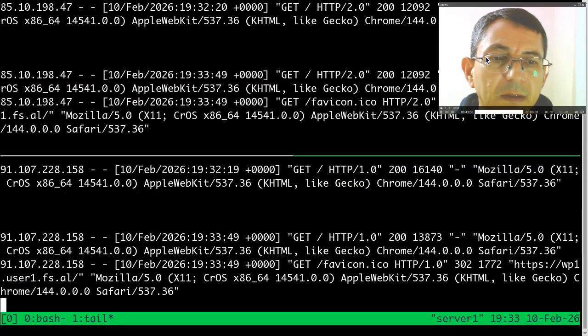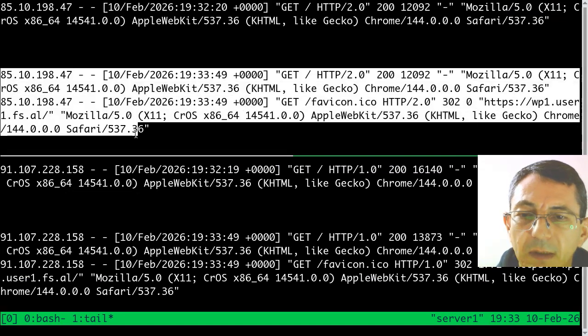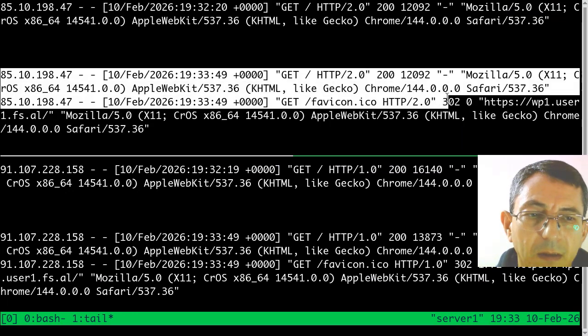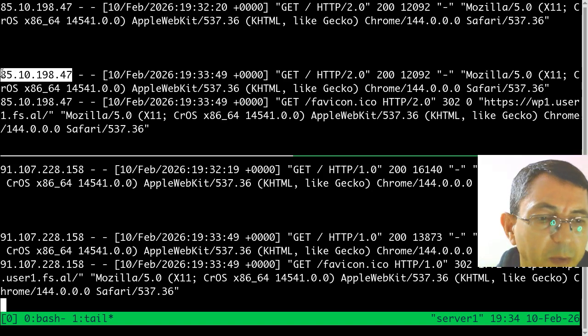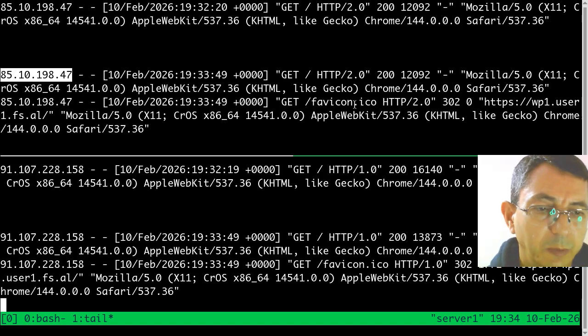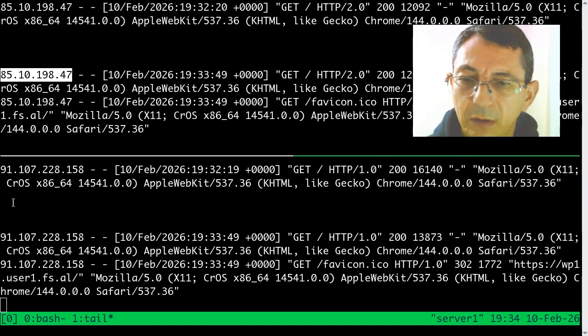And this is the log for nginx. There are two lines of logs actually. And we see here that it is reporting the IP from where the request is coming, from where the HTTP request is coming. But on the logs,